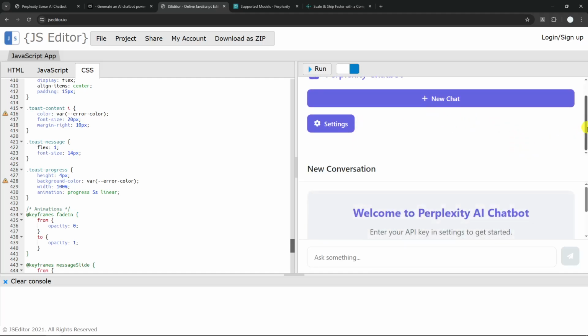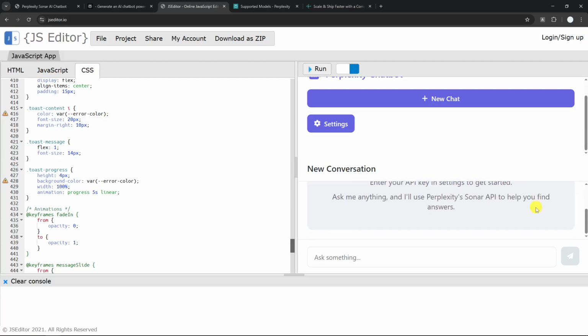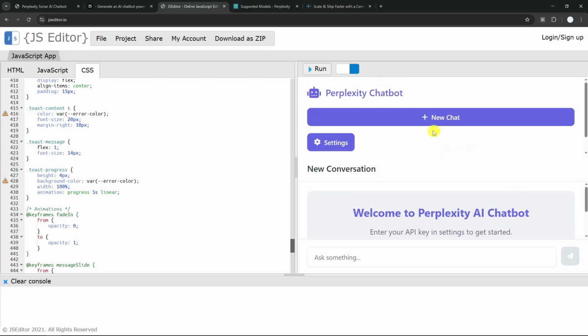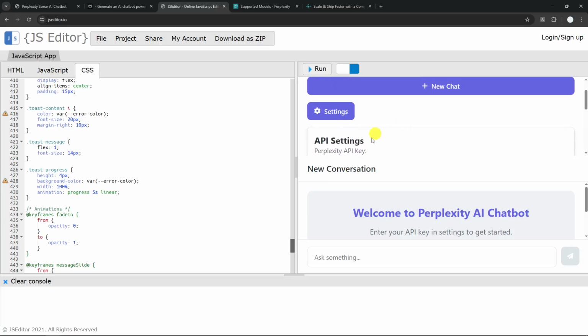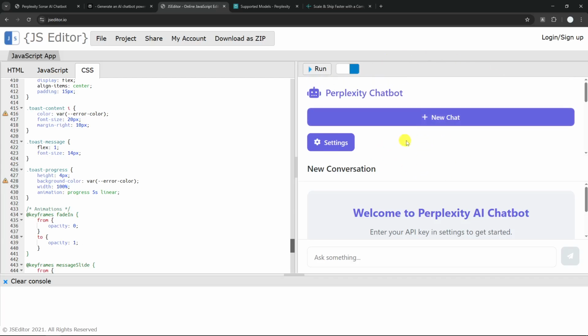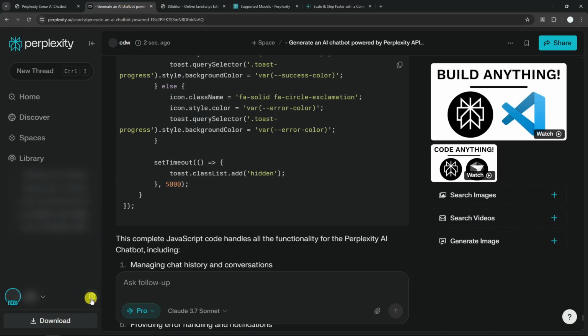All right, okay, that's very interesting. It's way more complicated than I expected. So there is this new chat, there is this setting, and wow, that's pretty amazing. Unfortunately, the screen is a bit smaller. Maybe if we can render it in a full browser, we can see all the features, but I want to do some testing first. Now let's go back to Perplexity,